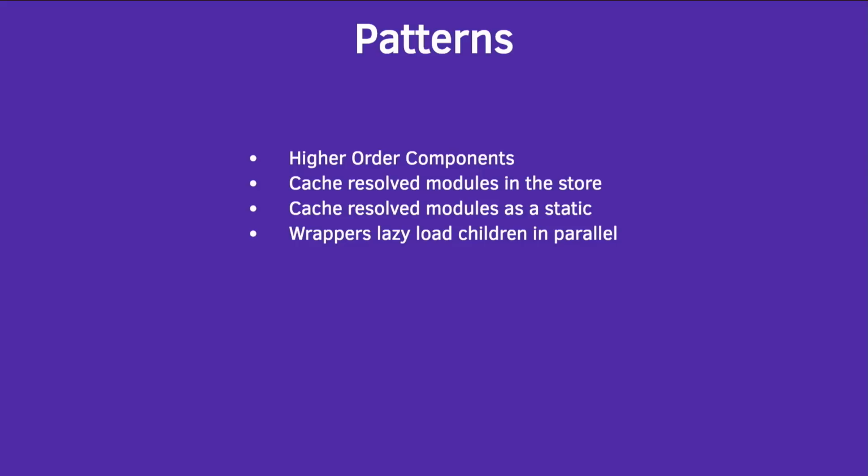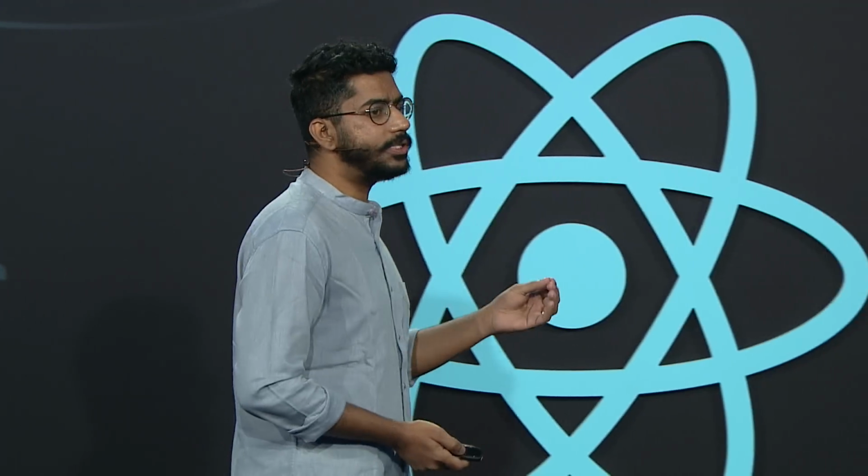You can write wrappers that lazy load children in parallel. You can have independent components that say, hey, I'm lazy loaded, hey, I'm lazy loaded. But for a better user experience, you could wrap them all up in something that downloads all of them in parallel. The thing is, when you start thinking of lazy loaded components or components itself as data dependencies, all these patterns start getting unlocked. So async modules are promises. Treat them how you would like any other data. When resolved, they return the component, and then you can do whatever you want with the component.